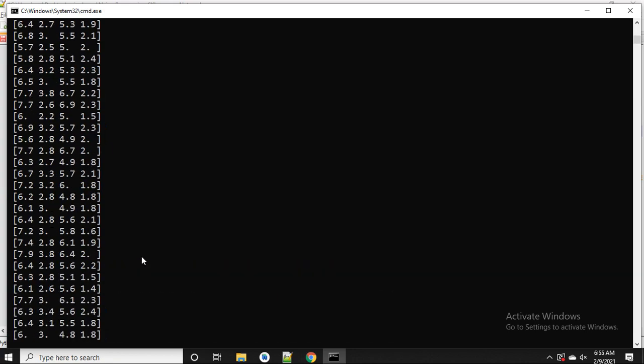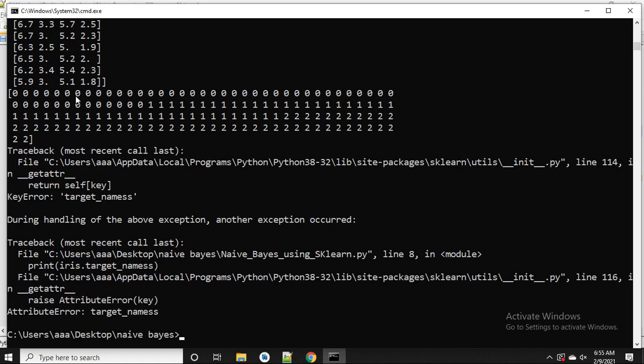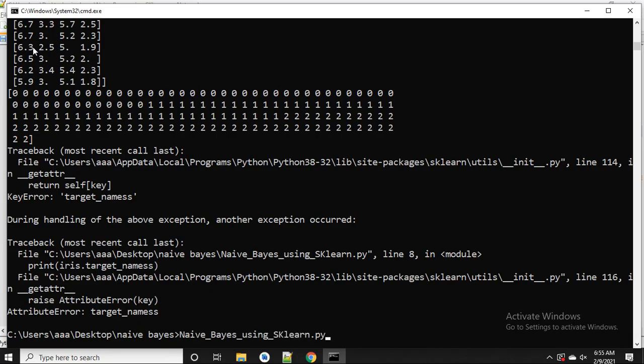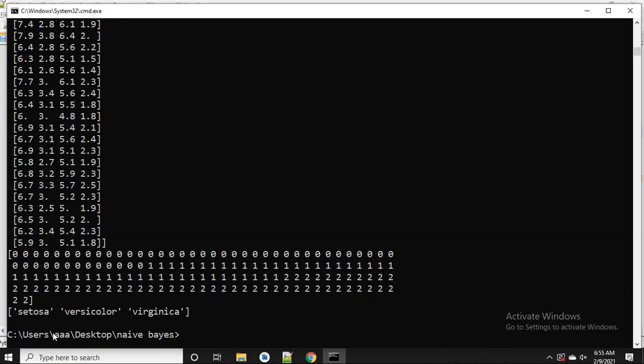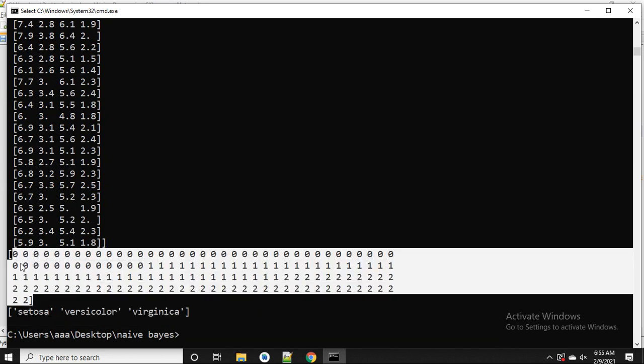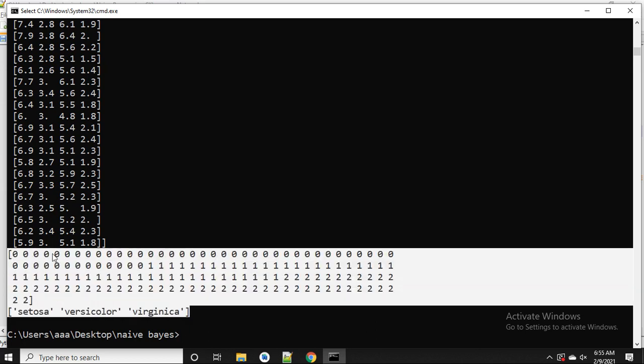So it's not saved actually. So if you want to just, okay, what is the problem? Double S happened, sorry. Fine, let me run. So here we have setosa, versicolor, and virginica. These are nothing but target names, but these are actually the target values. So 0 stands for setosa, 1 means versicolor, and 2 means virginica. So actually these are our target values.